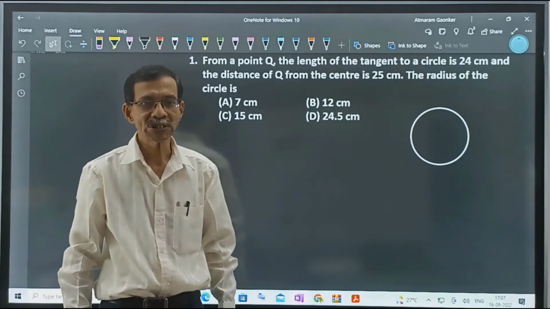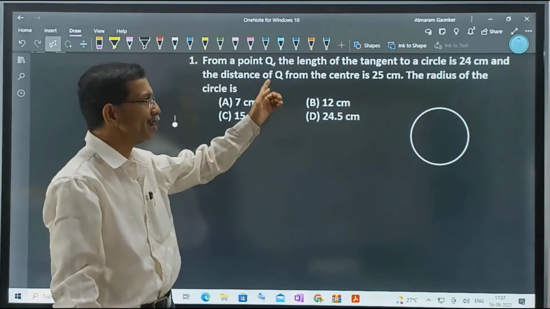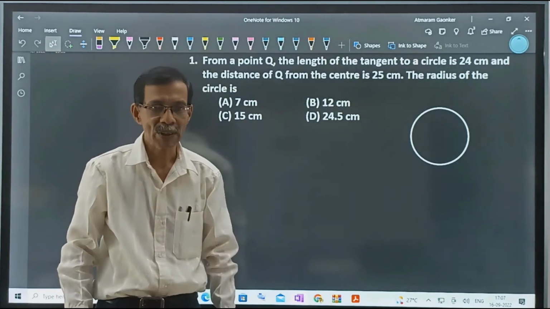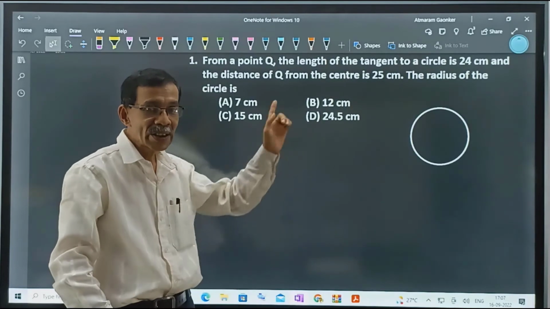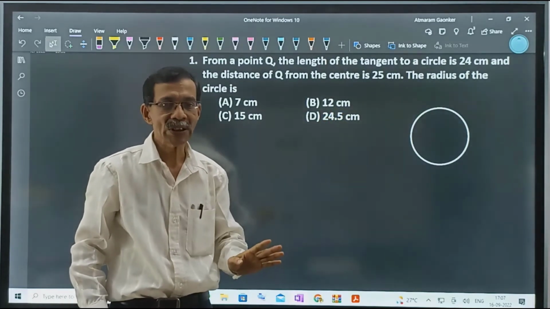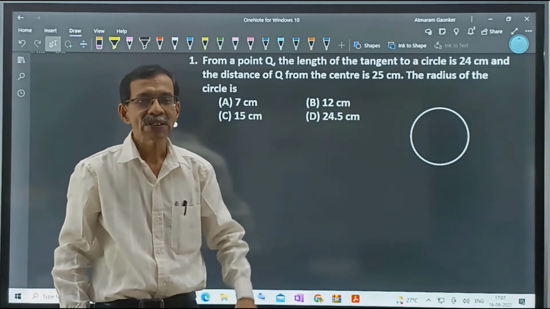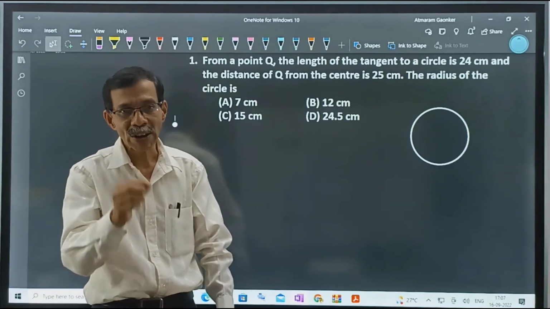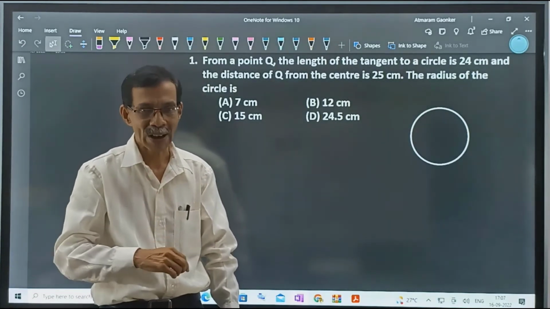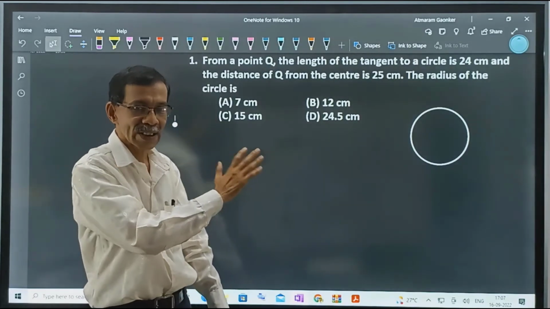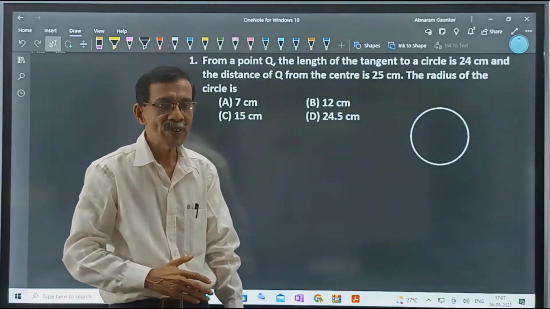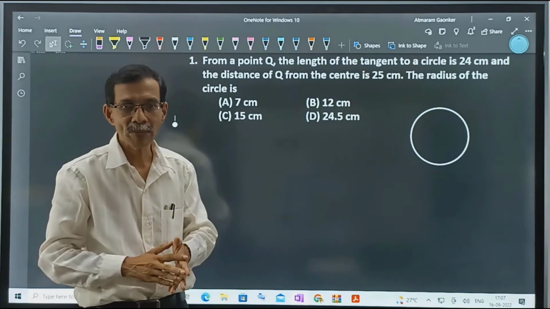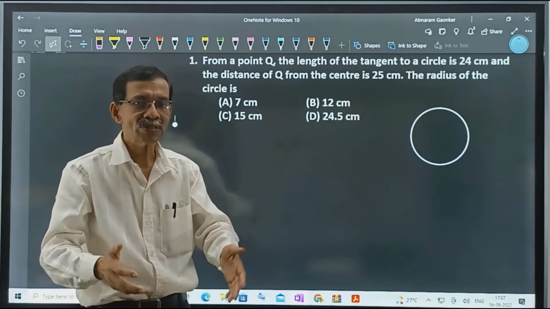Now we will solve more questions on the topic of circle. Now question number 1 is here. Before solving the questions, we will solve all these questions in 4 steps. The first step will be to read the question carefully and draw the relevant figure. So first step is to draw the figure. Second step is to note down whatever quantity is given in the figure and note down whatever quantity is asked in the form of a question mark. This is the second step. In the third step, we will write down whichever concept is applicable for this problem, and in the fourth step, we will actually solve this problem.